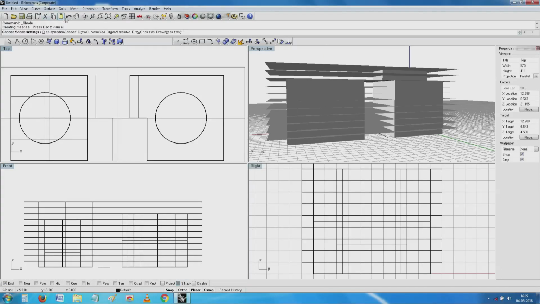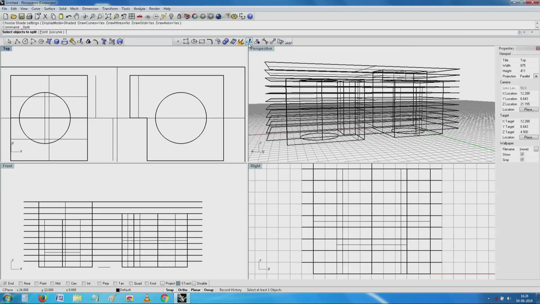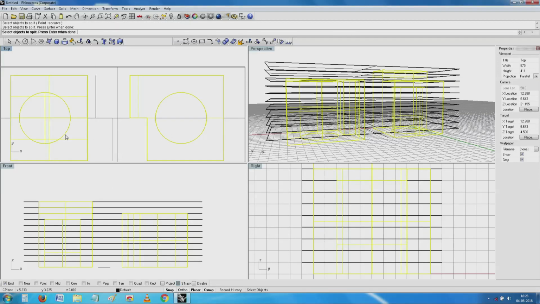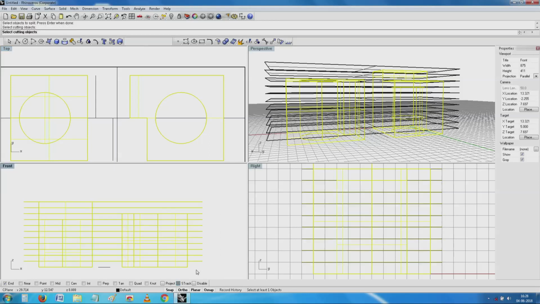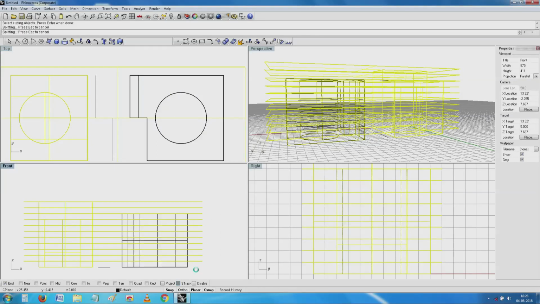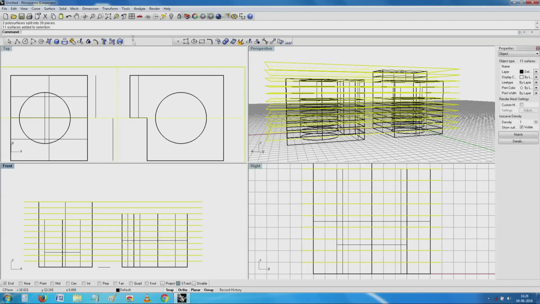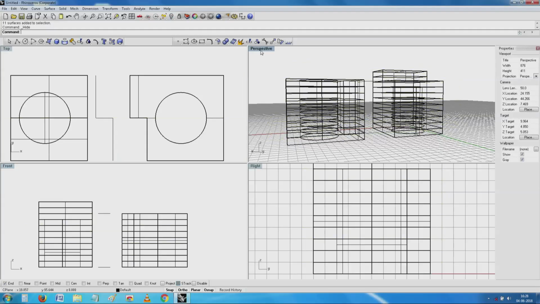So, as before, I need to go for these split objects to be split, this one and this one. Cutting objects, all of them have been split. In total they have been made into a large number of, 39 pieces,